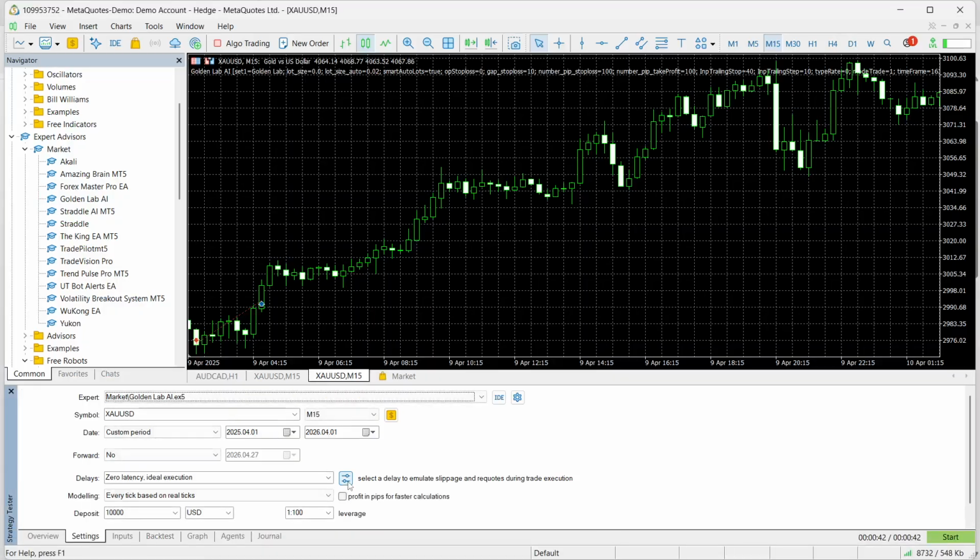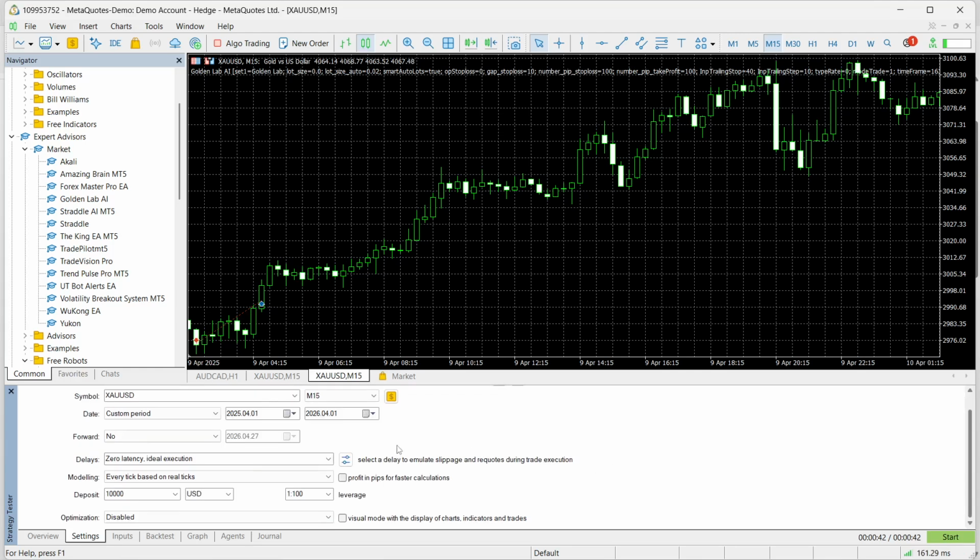So I carried out the test on XAUUSD on the M15 time frame. As you can see, I have the EA installed for the custom period of 1 year, ranging from the 1st of April 2025 to the 1st of April 2026, and on a 10K deposit,